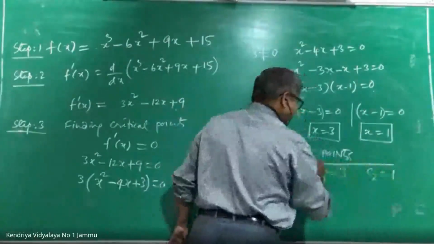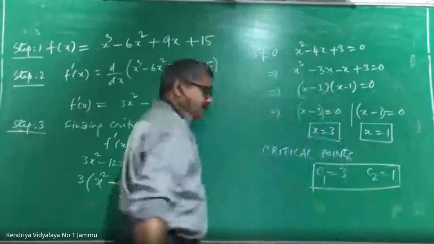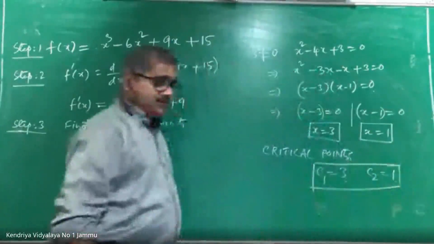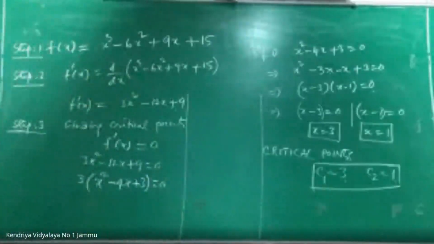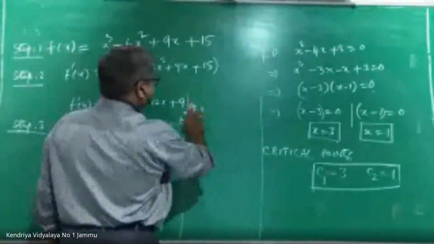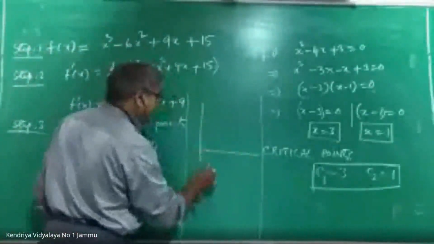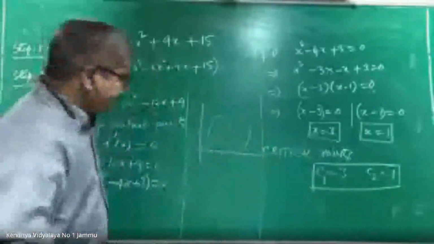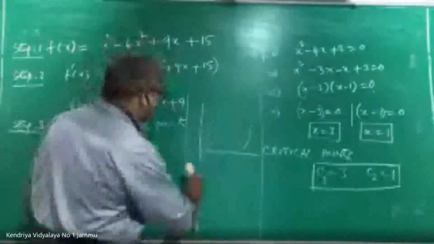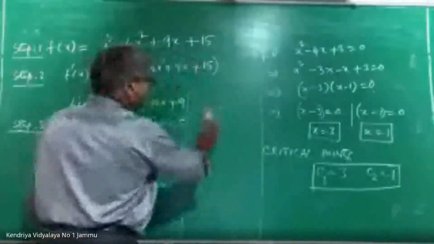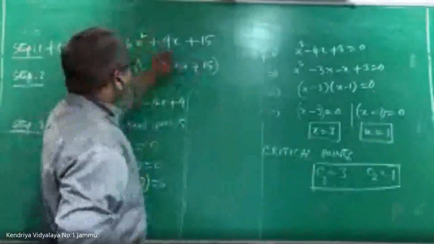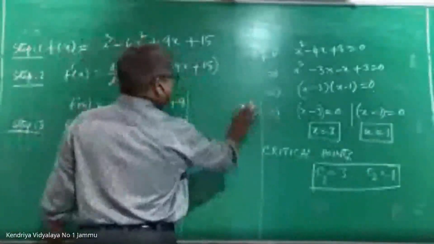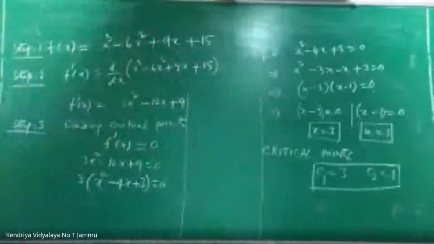Any calculation mistake? Thank you. Now I have got the critical points. I'll go to step 4. What is step 4? Now I have an interval. A curve is drawn. 1 and 3 are the critical points. The equation is a polynomial. You do one thing, you first take this, then I'll explain to you. Please take this.